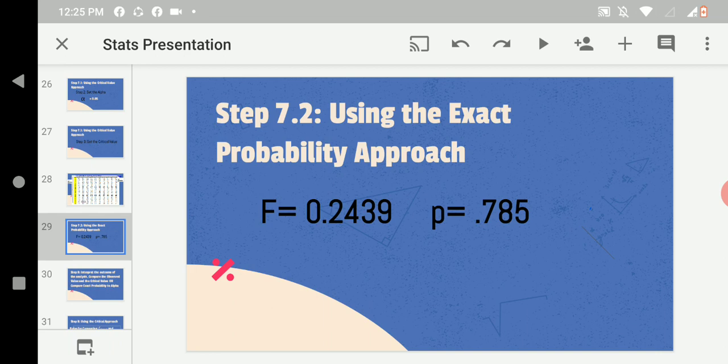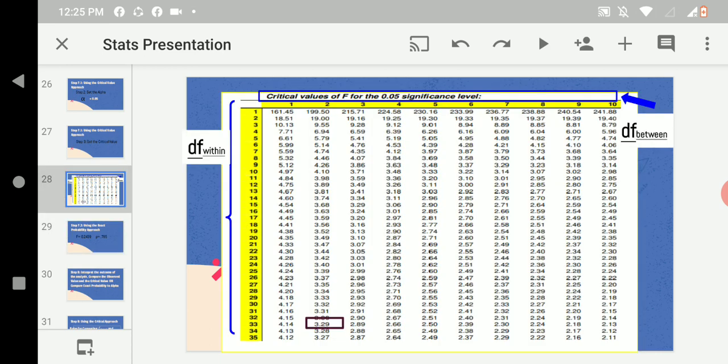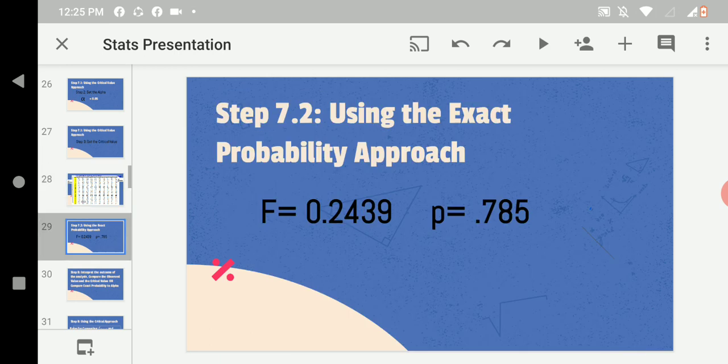And our F ratio is 0.2439, or 0.244. So our critical value now is 3.29. Okay. Now, next step, we have